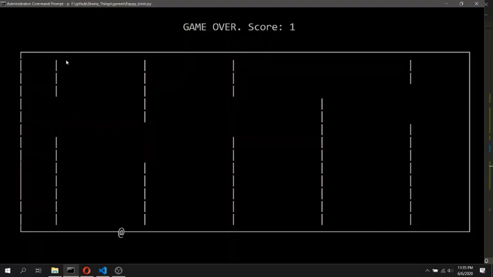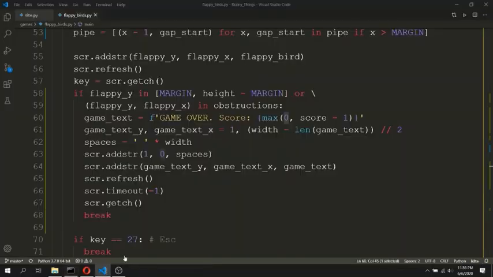Yeah, we need to have different conditions for colliding with the game arena and different conditions for colliding with the pipes, because when the player hits the game arena over here, we don't need to decrement the score, and when the Flappy Bird collides with the pipe, we need to decrement the score.